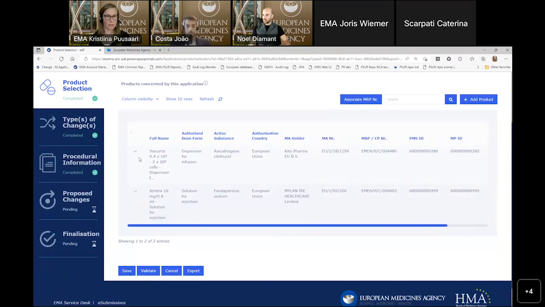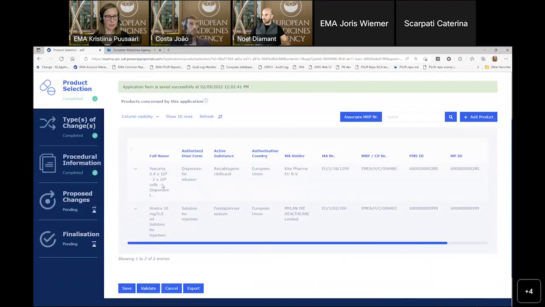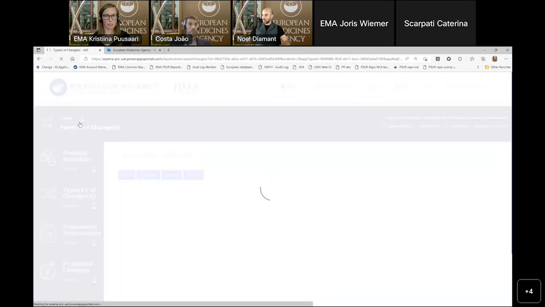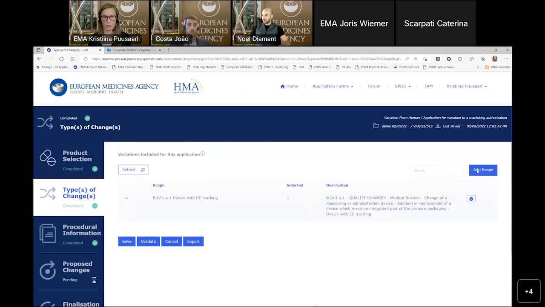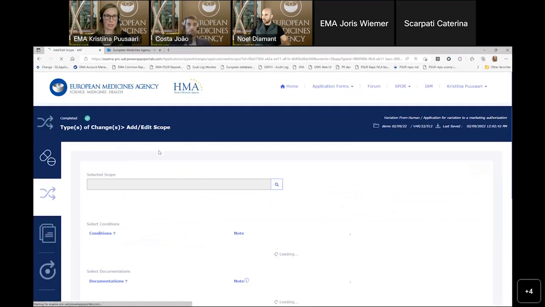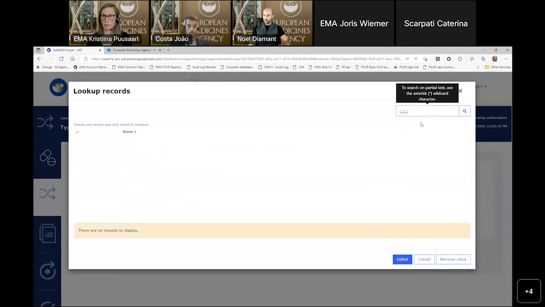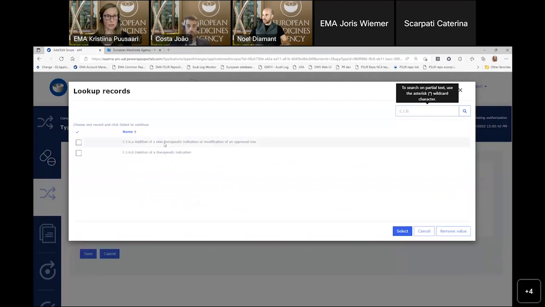We felt it's very useful to be able to do that. So now I have selected another product here, which you can see on the list, and I'll also have to select another scope because we will need a type 2 variation to show these sections. So you will get another quick demonstration of this improved scope selection.